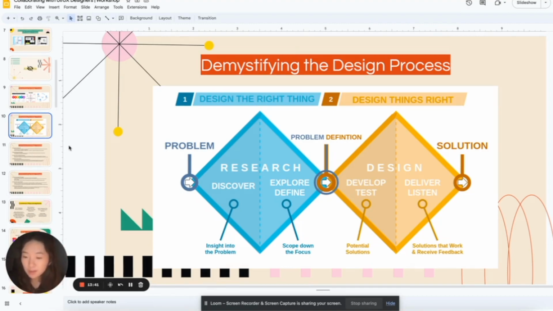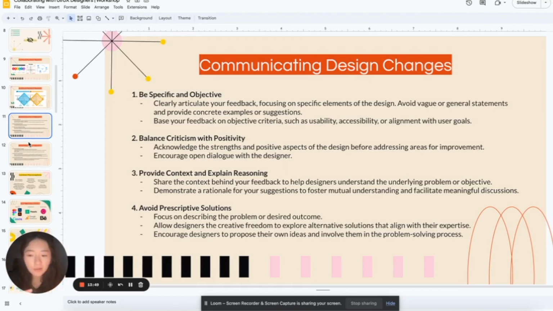So this is basically the design process for a lot of UI UX designers. So let's say you kind of decide on the design with the UI UX designer already. You guys are communicating back and forth the feedback, the suggestions, and you're trying to understand the designer's thought processes as well. This is where I'm going to give some tips on how you can better bring across your feedback